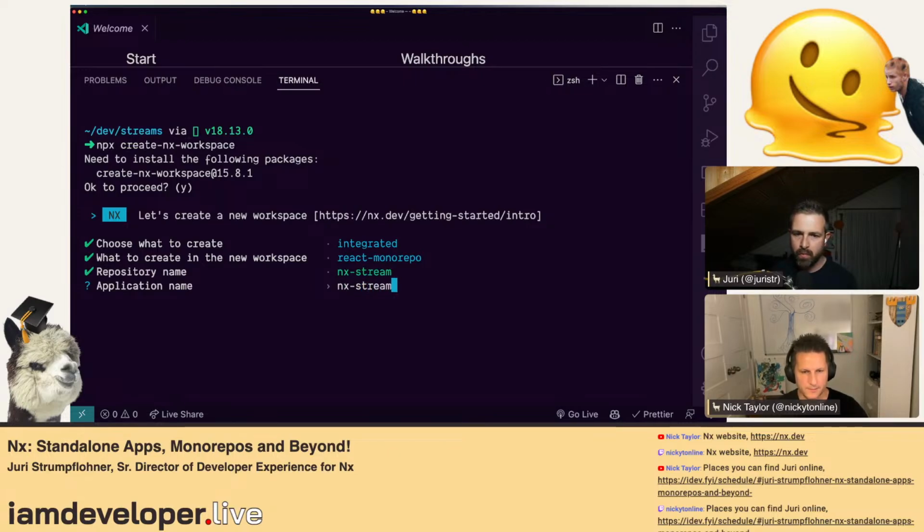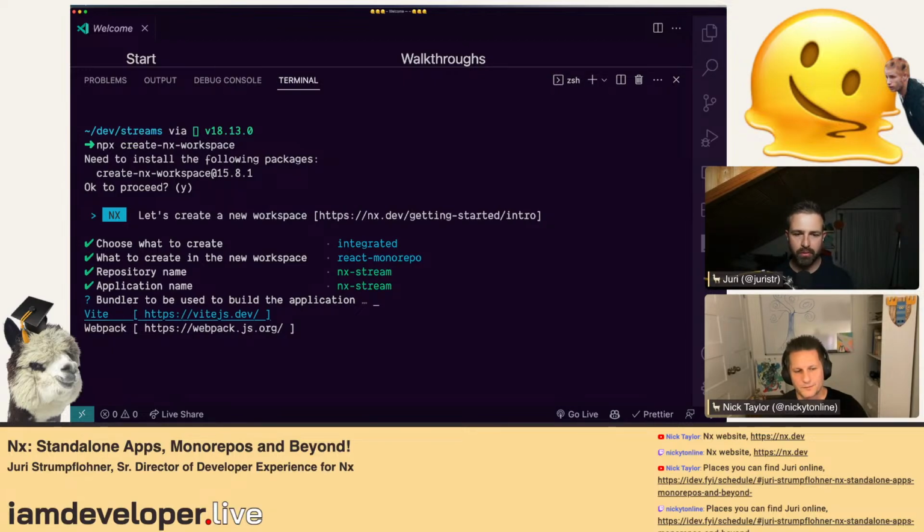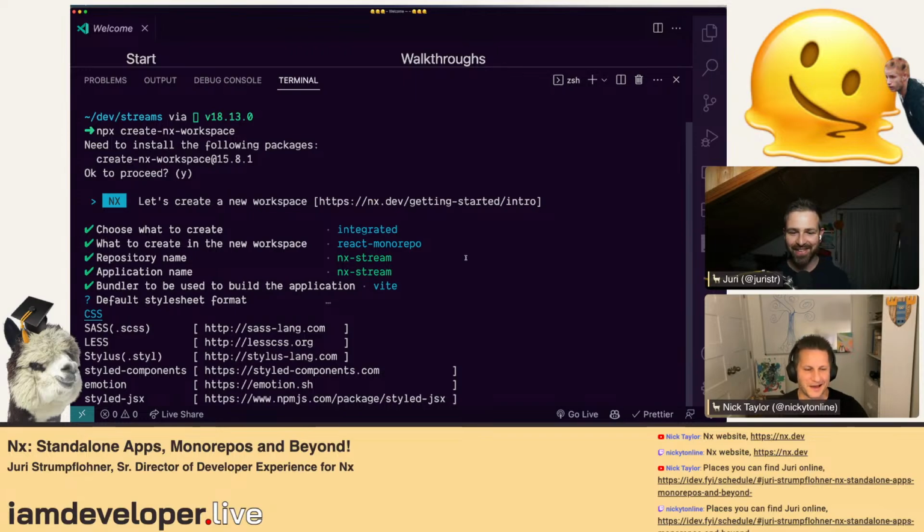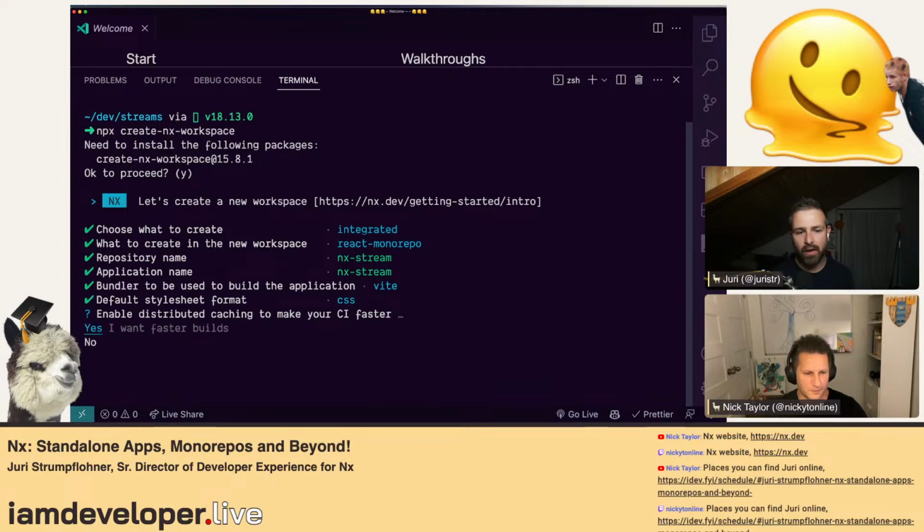Okay, and then the repository name, we'll just call it nx-stream. Then it asks you about the bundler. Yeah, we can go with Vite if you want a fast thing. Yeah, use Vite. I was gonna say, I guess some people still use Webpack maybe for, I don't want to say legacy reasons, but potentially legacy reasons, especially in the enterprise environment, right? There are huge apps still built on Webpack. They might even be restricted to use that for some reason. So it makes sense. I'll just go with the default CSS. Yeah, we're not focusing on CSS today.